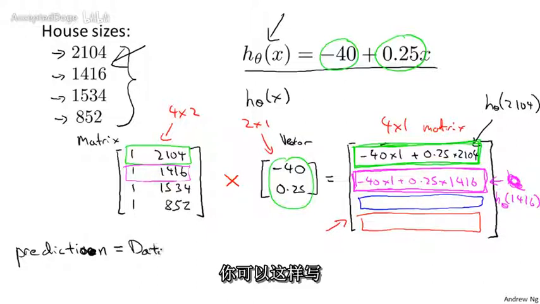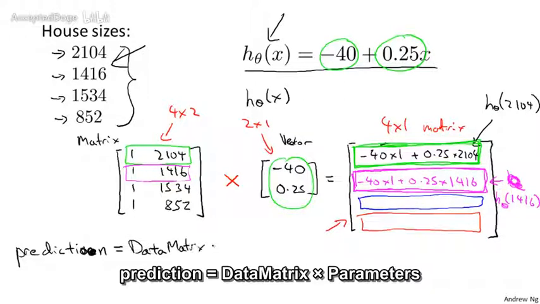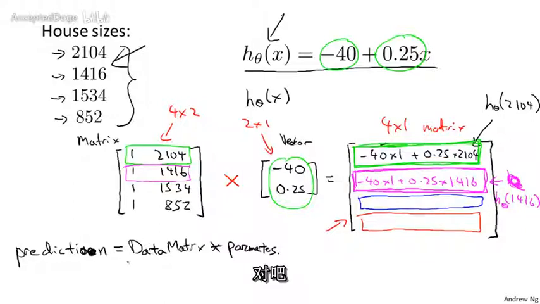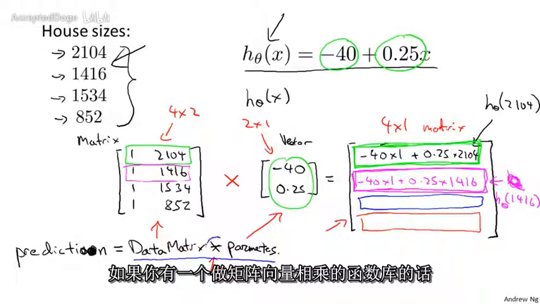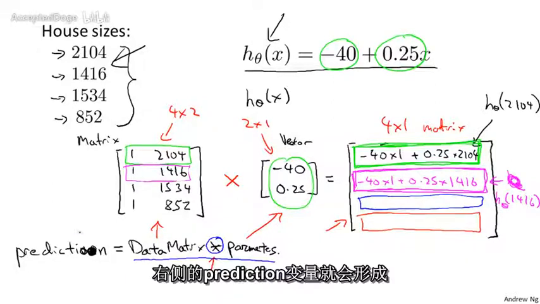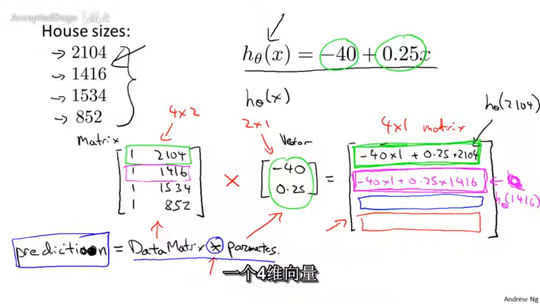You write prediction equals my data matrix times parameters, where data matrix is this thing here and parameters is this thing here, and this times is a matrix vector multiplication. And if you just implement this one line of code, assuming you have an appropriate library to do a matrix vector multiplication, then prediction becomes this 4x1 dimensional vector on the right